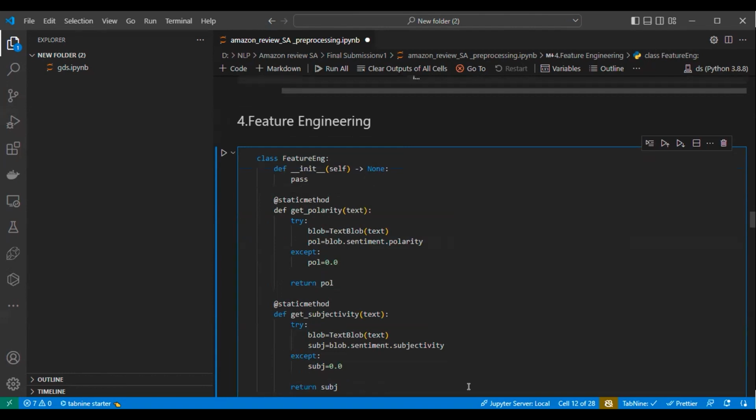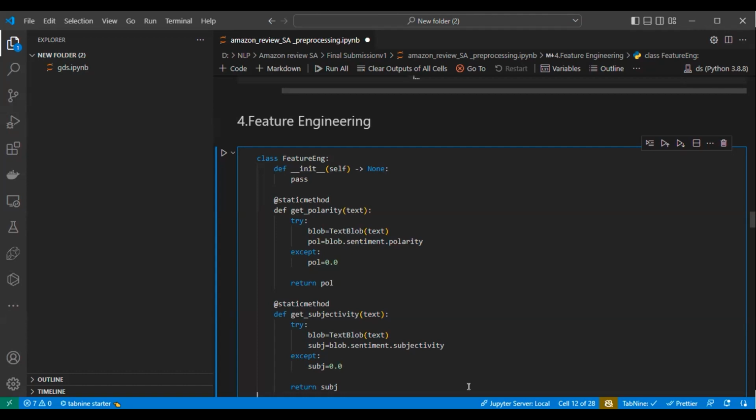Polarity lies from -1 to 1. If it is -1, that means it has a negative impact, and if it is positive it will of course be 1, and 0 defines the neutrality of the text. If I get a polarity near 0, it states that my data has neutral sentiment.